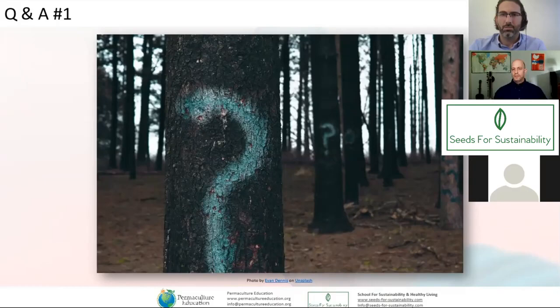We have packing peanuts, the little white peanuts that used to be made from polyester, which is completely unsustainable. It's plastic made from crude oil. Now we have packing peanuts, which help to resolve the shock of something that's packed in a box, made with plants, all kinds of plant material.